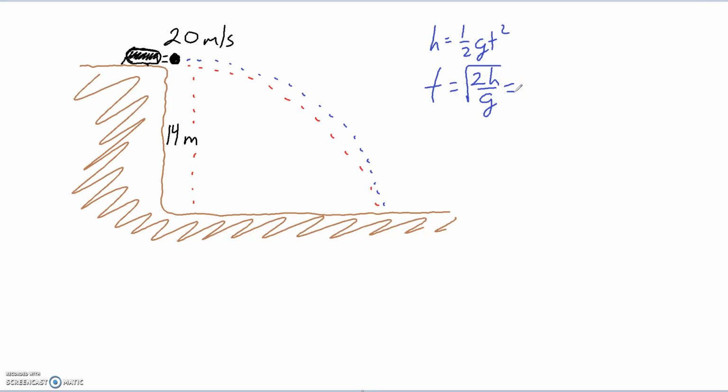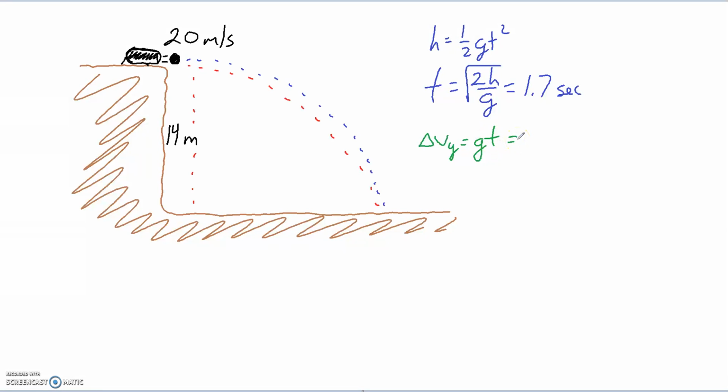Put in 14 meters for the height and 9.81 for gravity, and we get a time of approximately 1.7 seconds to go the projectile route or just drop straight down. It wouldn't make any difference. Now that we have that, this would actually be our time of flight. We could use this to find out how fast it goes in the vertical direction. We could use that to find our change in speed in the y direction, which would be gravity times that